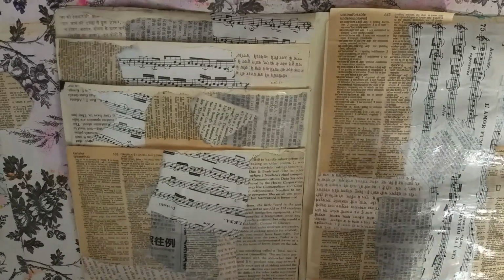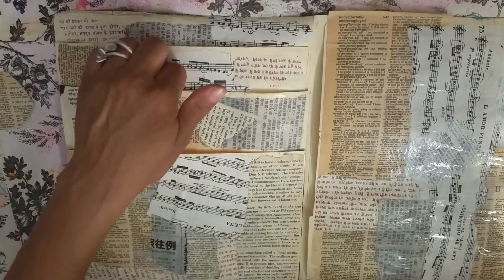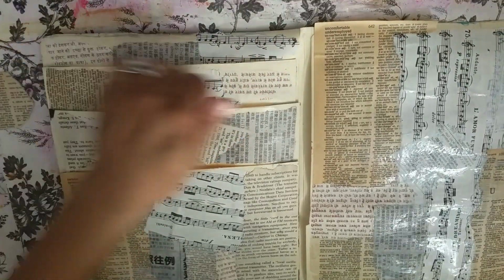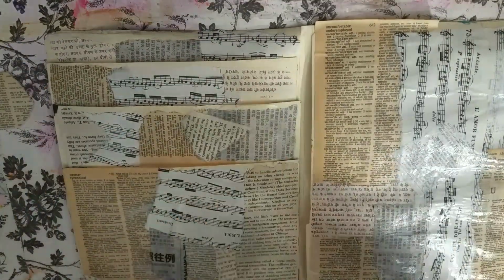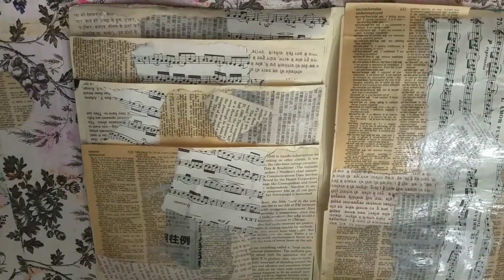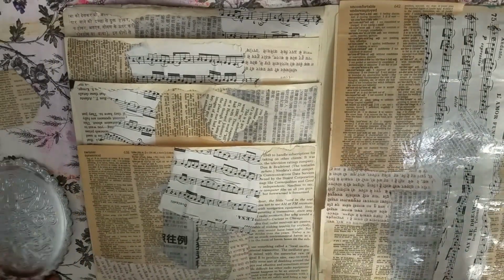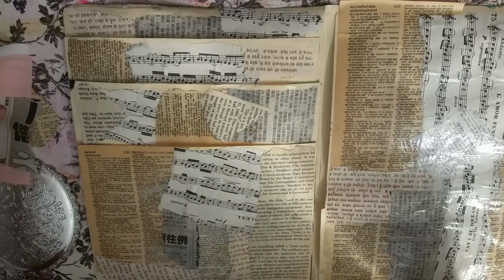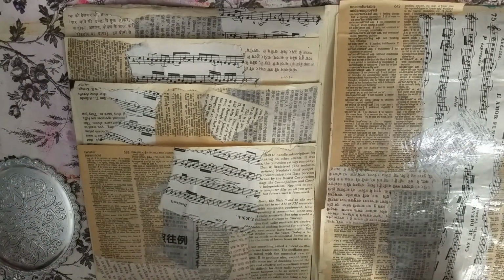Okay. And I checked all my pockets and everything is free. See, nothing's being glued together. We are all good on the pockets. Let me check this one over here. Yeah, we're all good with the pockets, thank goodness. Okay, so we're going to let this dry. When we come back,